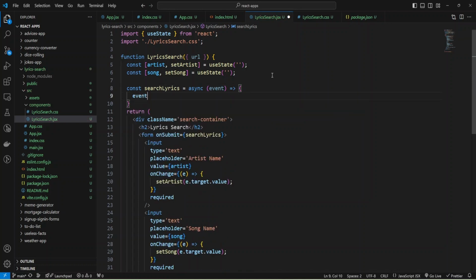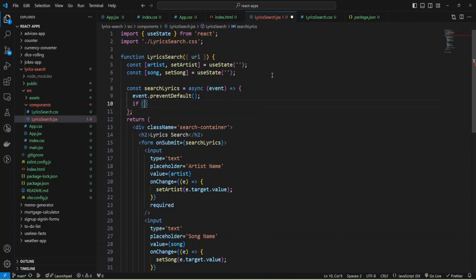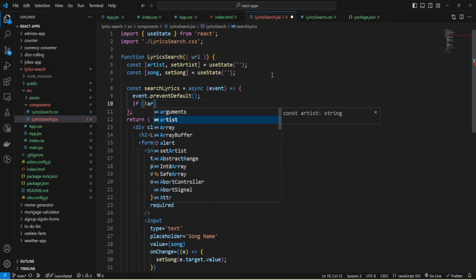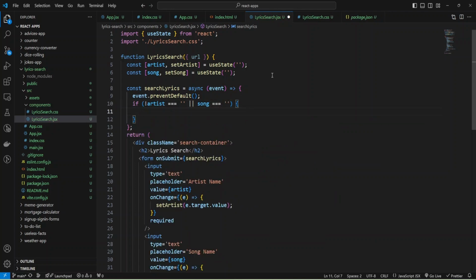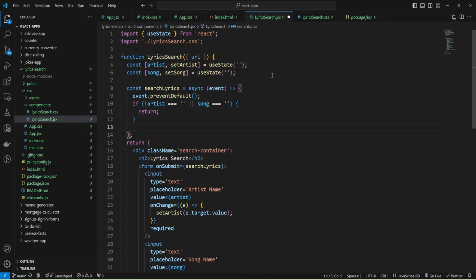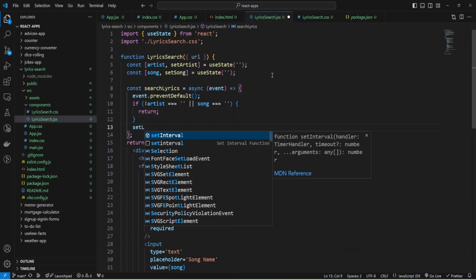I'm going to make event preventDefault to stop submitting the form as default behavior, and I can check if we don't have artist, if it's empty string, or song is empty string, then we can just return and do nothing, and otherwise I'm going to set.